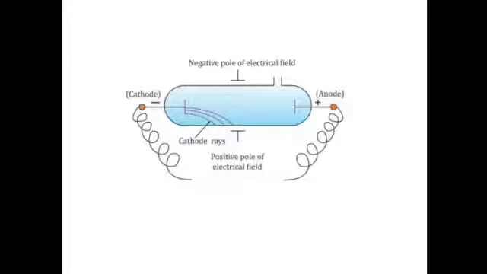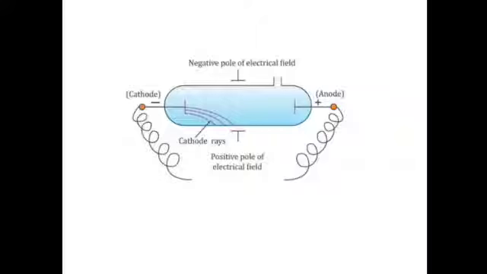So I had told you regarding the discovery of electrons, that is, we had studied about J.J. Thomson's experiment, that how he applied an electric field in the path of the cathode rays in the discharge tube, right? Electric field, that is an area in which both the positive and the negative charges are present, that is the negative pole of the electrical field and the positive pole of the electrical field. And what did you observe? That the cathode rays were deflected towards the positive plate, right?